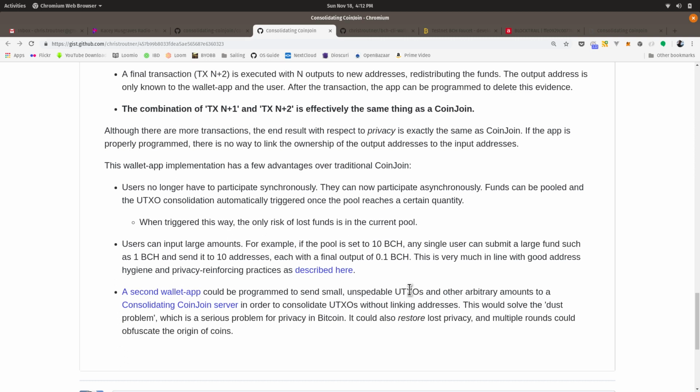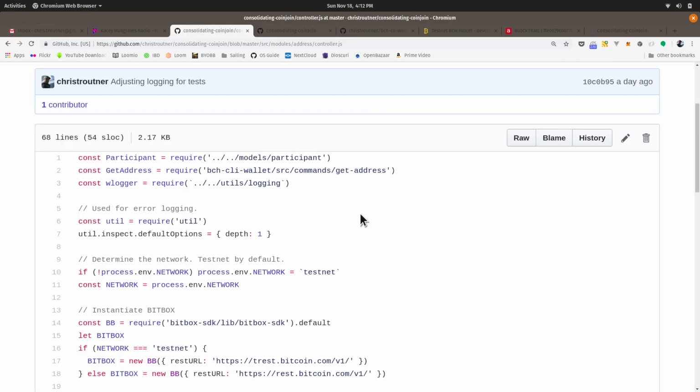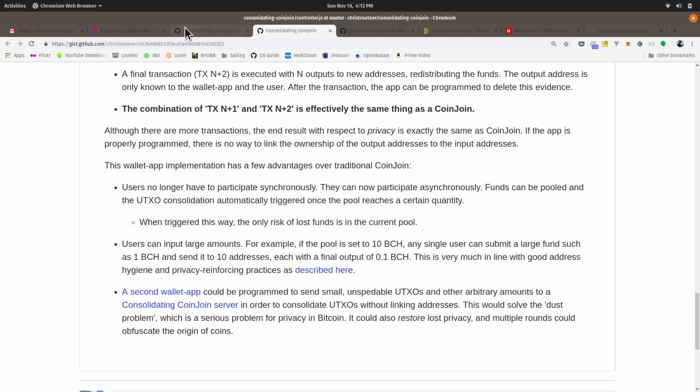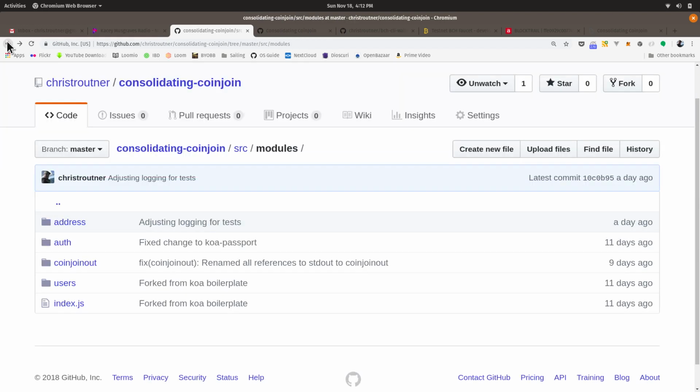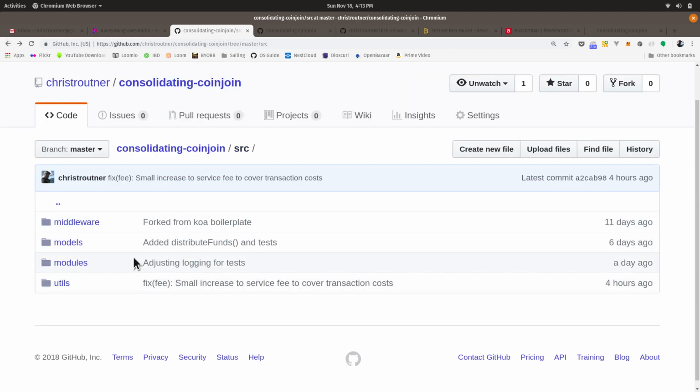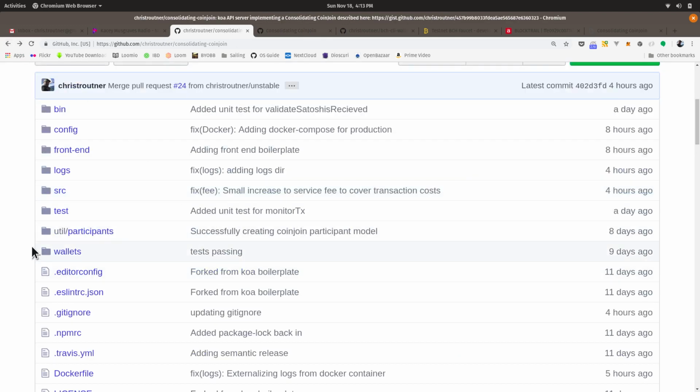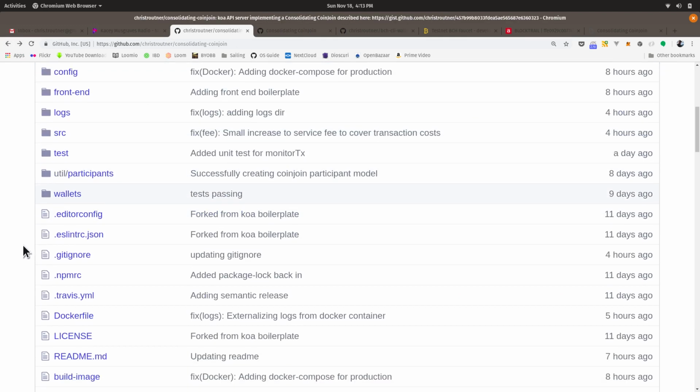Then the server generates a list of output addresses, which the wallet does locally, and those output addresses are where the server deposits the money after the CoinJoin. That's the important stuff, and so that's where I'll leave it.